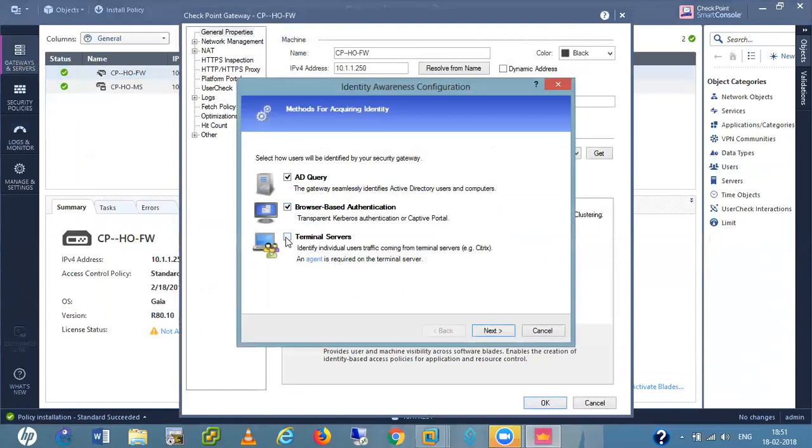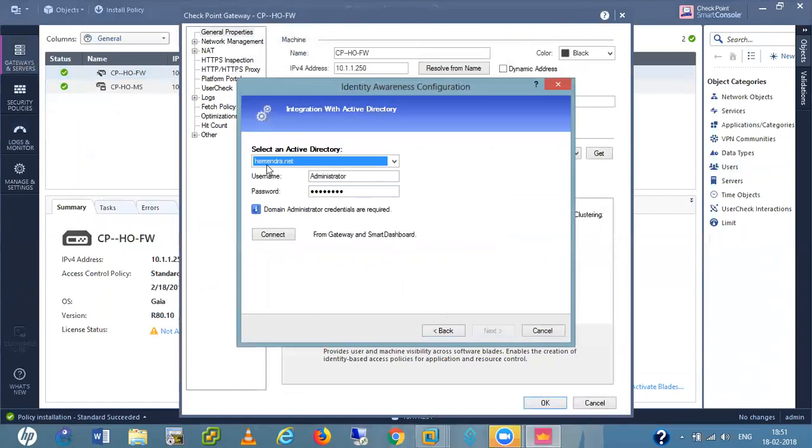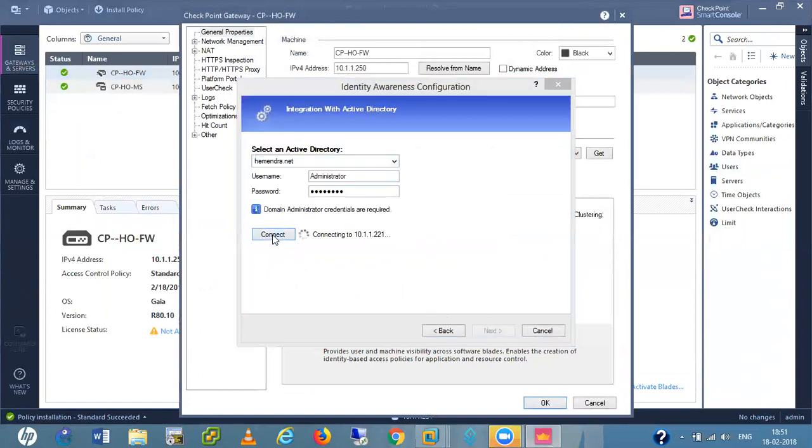Browser based, terminal servers, I want all these services. Next. Here I am getting these connects. If we add these LDAP accounts, at that time we get this information automatically. That's why I like to do these things first, before the identity awareness blade.